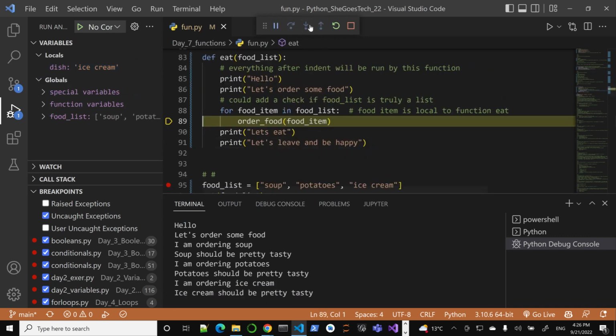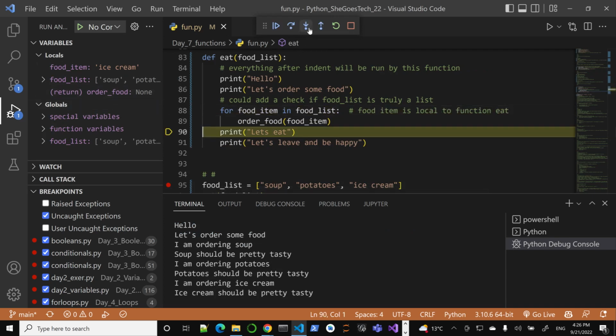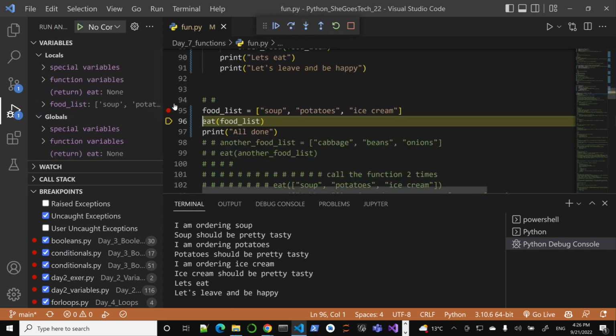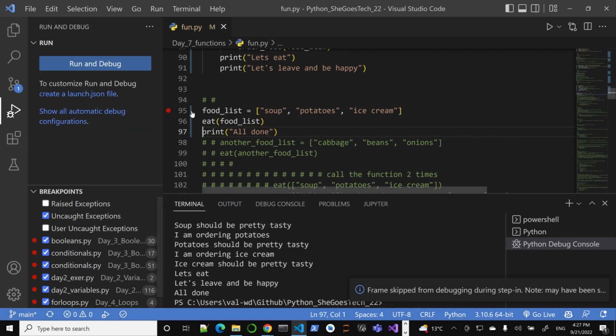Then, of course, I have no more items to pass in. Let's eat. We're going to eat. We still need the eat function, and then let's leave and be happy. Now I'm basically all done. I'm now in global scope, and I'm going to print all done. And everything is done. Again, the usefulness of these functions is that I can